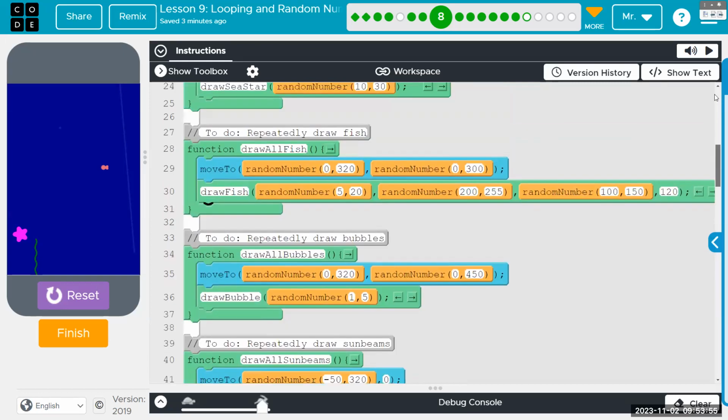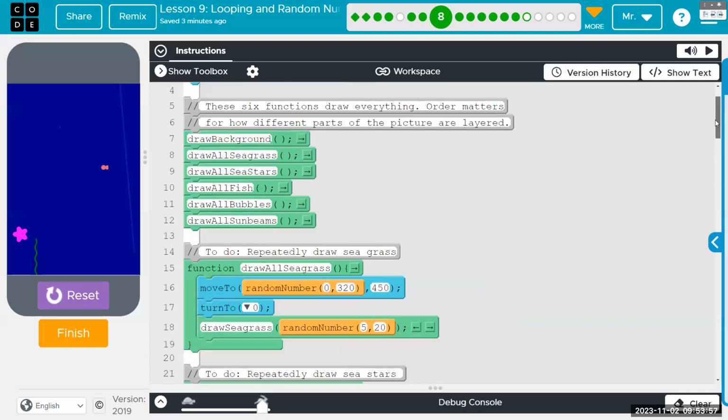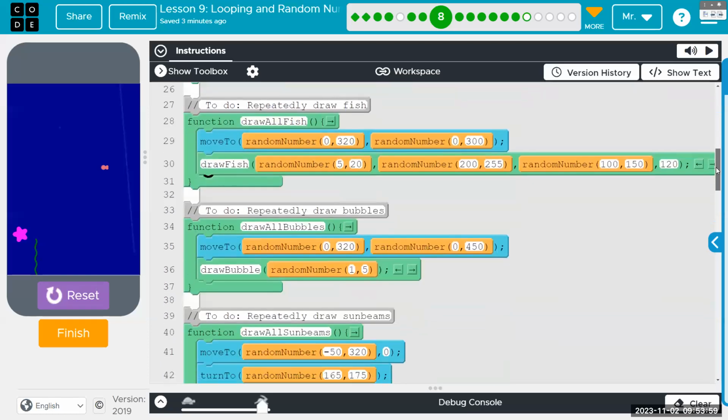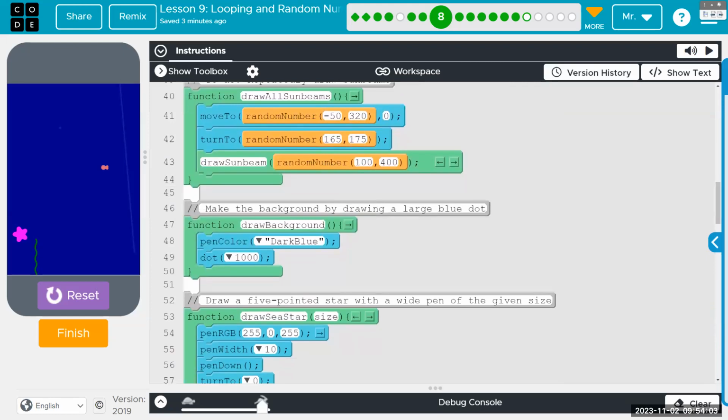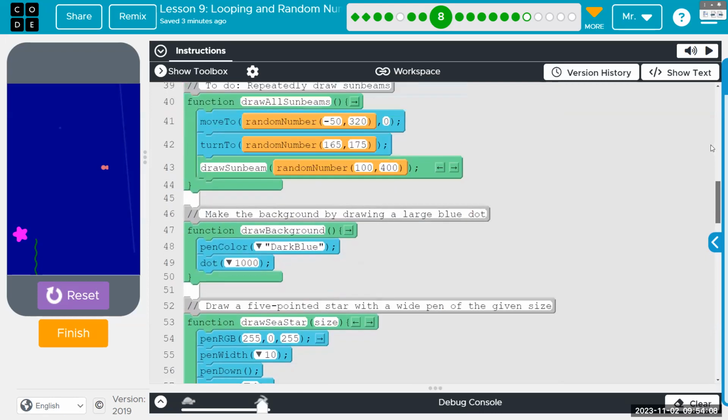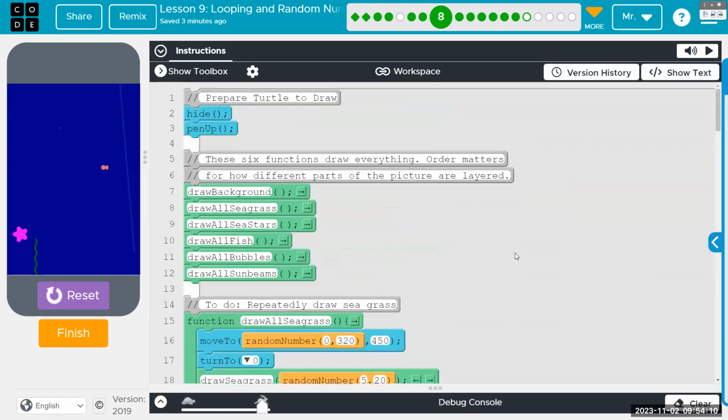I also strongly agree with the way they've laid this code out. We have the full sequential start function calls at the beginning.